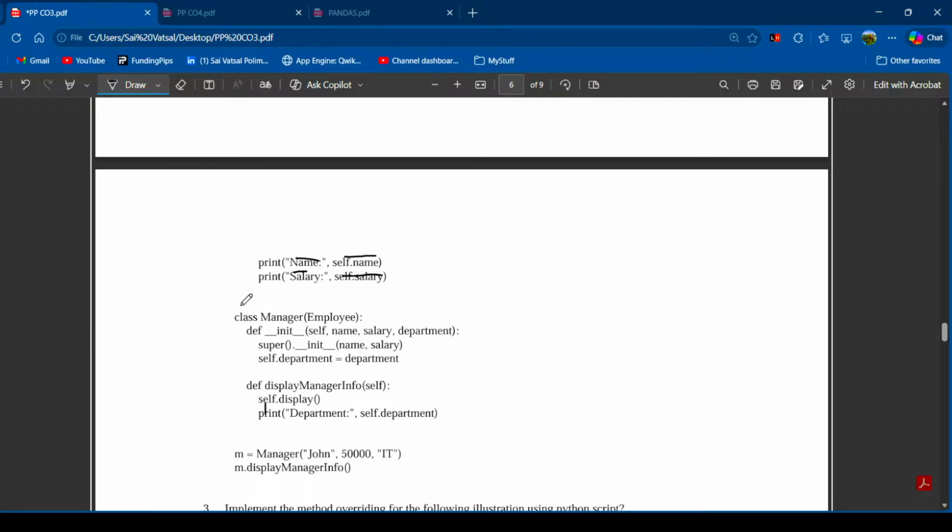So after that, for managing purposes, we open a new class, Manager, based on Employee. So def __init__ again starts from self, name, salary and department. We use the super function for the child class purposes. So __init__ with name, salary. So self.department, and department means, for example,